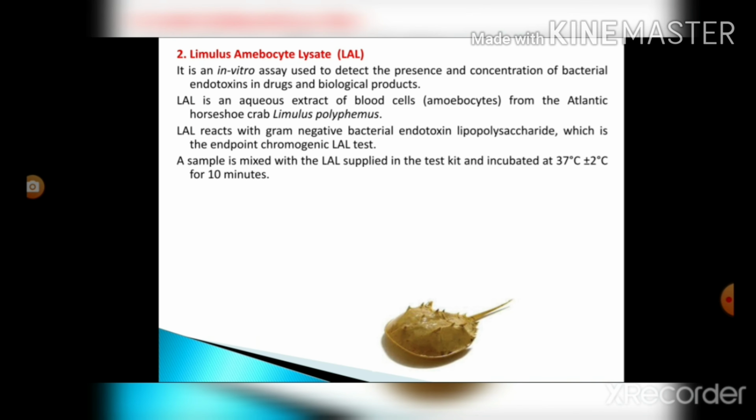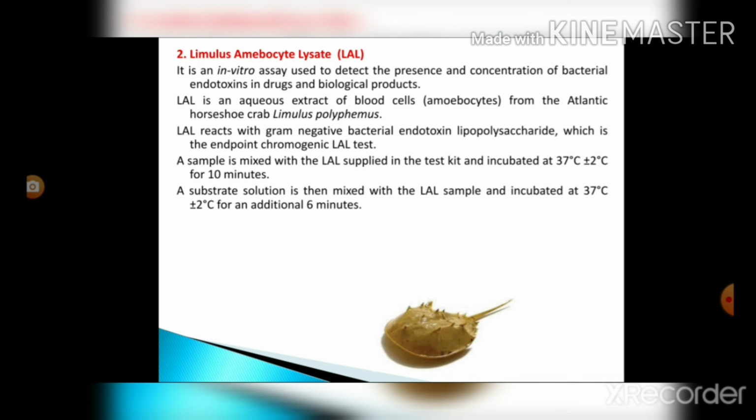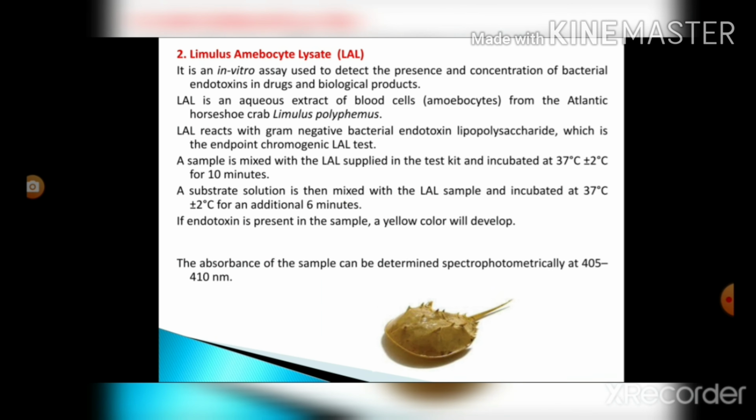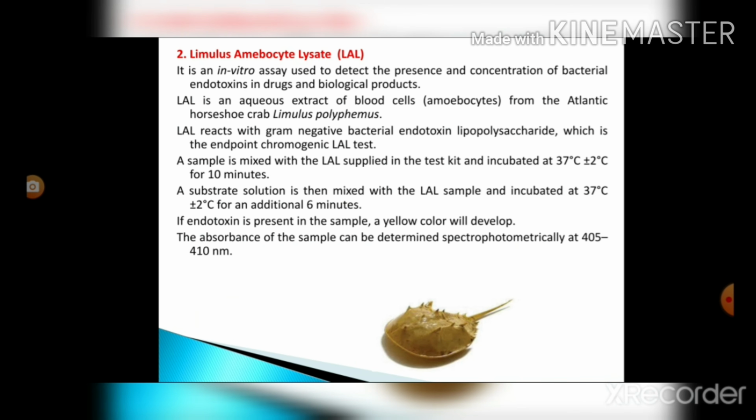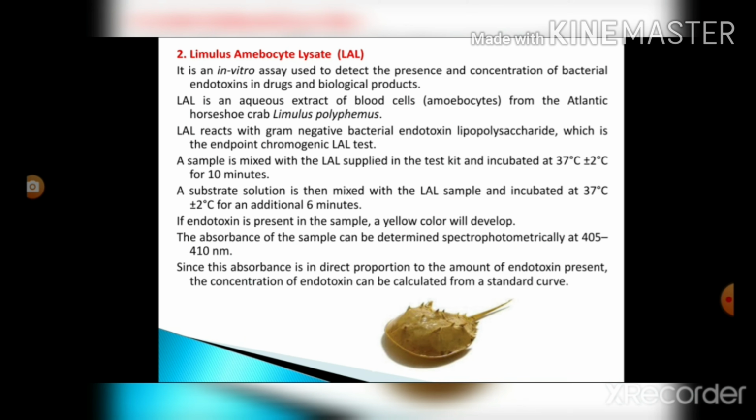A sample is mixed with the LAL supplied in the test kit and incubated at 37 degrees Celsius plus or minus 2 degrees Celsius for 10 minutes. A substrate solution is then mixed with the LAL sample and incubated at 37 degrees Celsius plus or minus 2 degrees Celsius for an additional 6 minutes. Then if endotoxin is present in that sample, a yellow color will develop. The absorbance of the sample can be determined spectrophotometrically at 405 to 410 nanometers. Since the absorbance is in direct proportion to the amount of endotoxin present, the concentration of endotoxin can be calculated